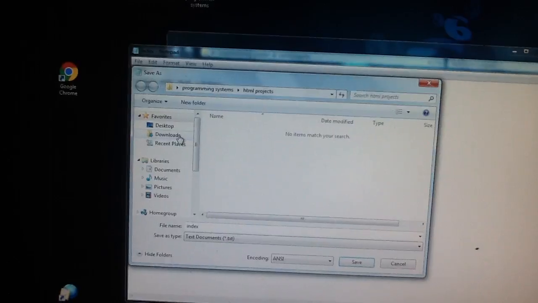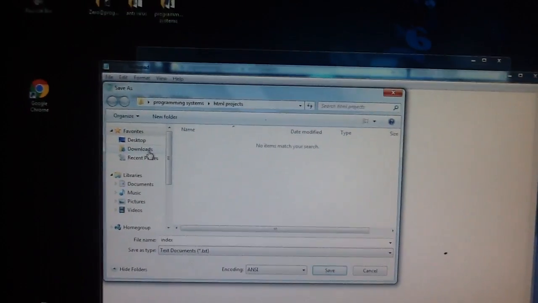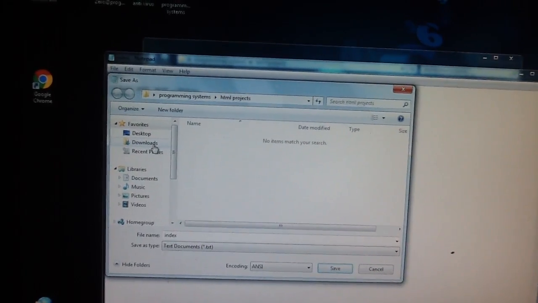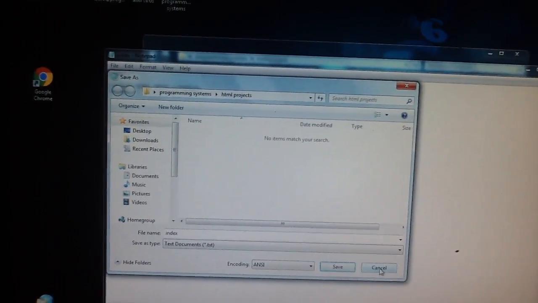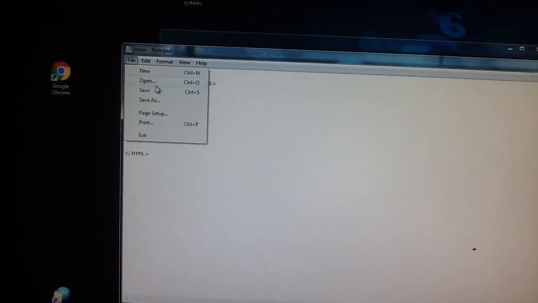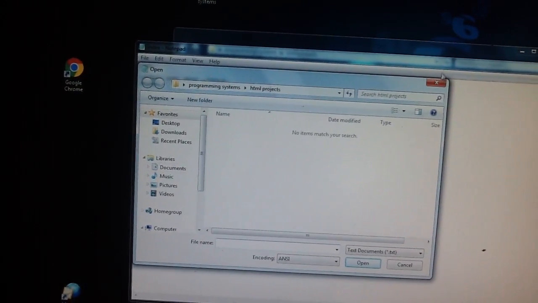Now I have folders that I keep everything in, but initially I usually just save to the desktop. It's easier to find. I've already saved this, so we're going to save that, and then we're going to click File and click Open. Oh, I'm sorry, back that out. We're not actually going to do that. Let's go ahead and minimize this,